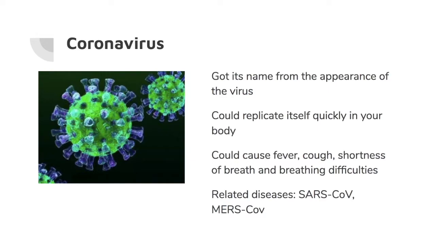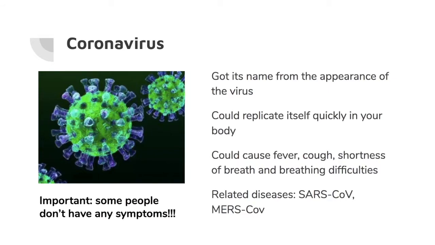Coronavirus mostly replicates itself through RNA in your body. And according to researchers, the process of replicating itself is much easier than most replicating processes of other viruses and cells, so it reproduces more quickly in your body. The disease could develop quickly from mild coughing to serious symptoms due to this special feature. Some symptoms and signs of the disease are fever, coughing, shortness of breath, breathing difficulties, and others. If things get more serious, it might cause death.